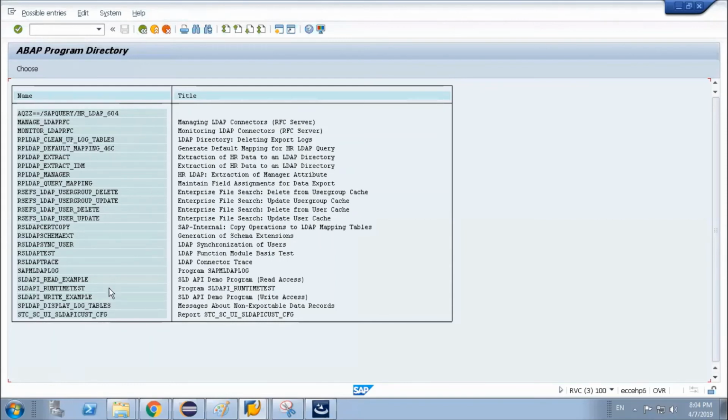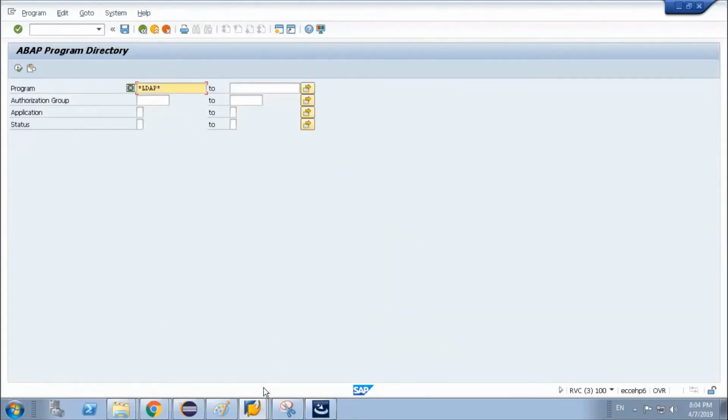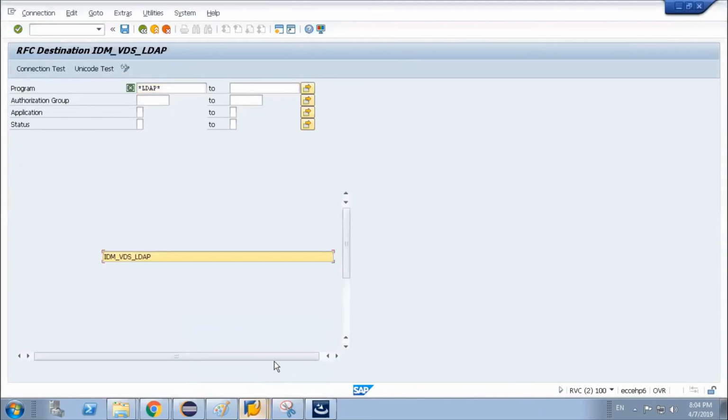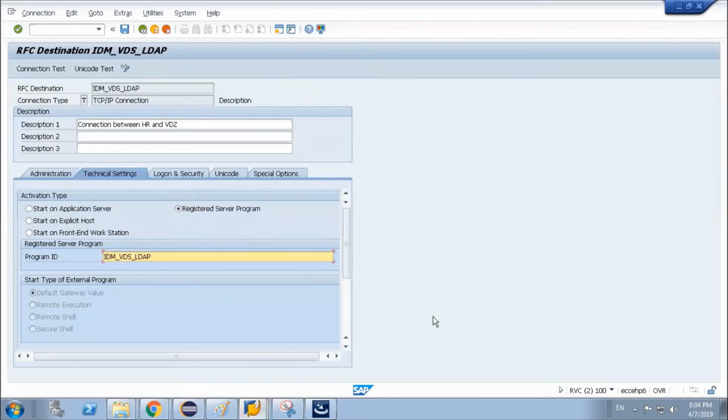No, this is not the SA38 program. This is the name of a program which is available in this system's kernel. It is a kernel level program, not SA38, but a system program.